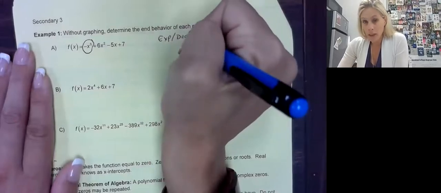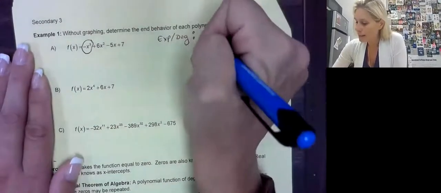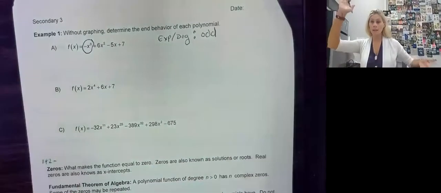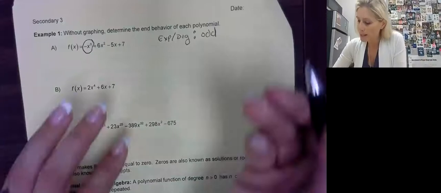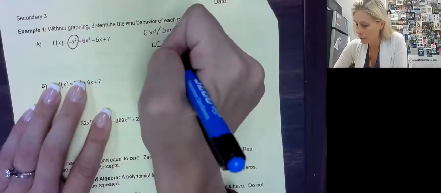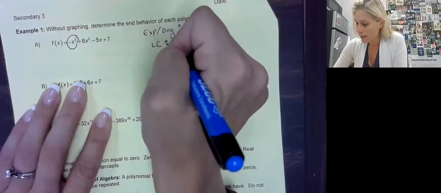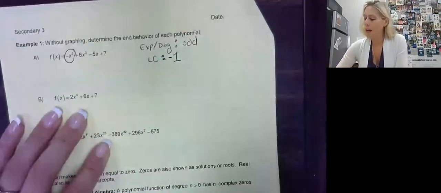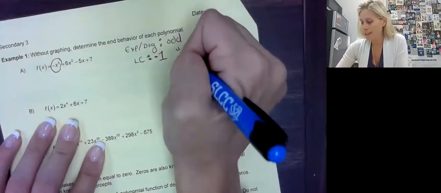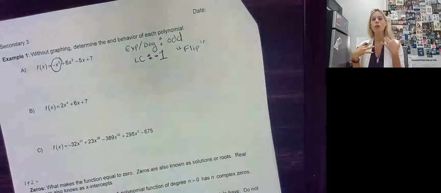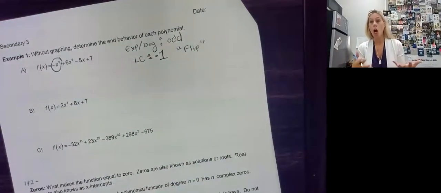In this case the degree is 3, and 3 is odd. Remember, odd tells us they go in different directions. Now our leading coefficient is negative, right? -1. So that means I think of it as a flip. Those are general things we can talk about, but we want to put it in the correct